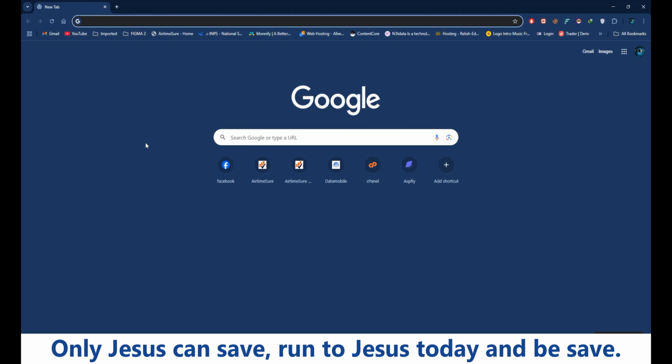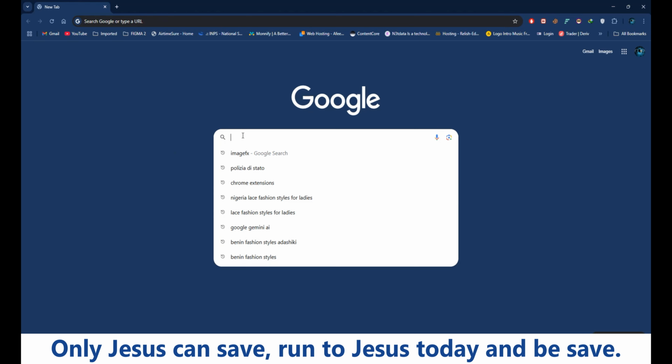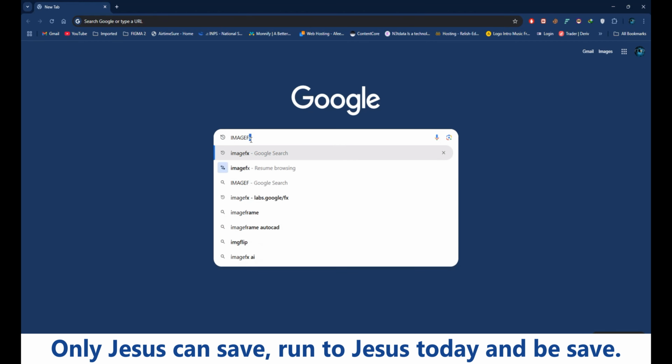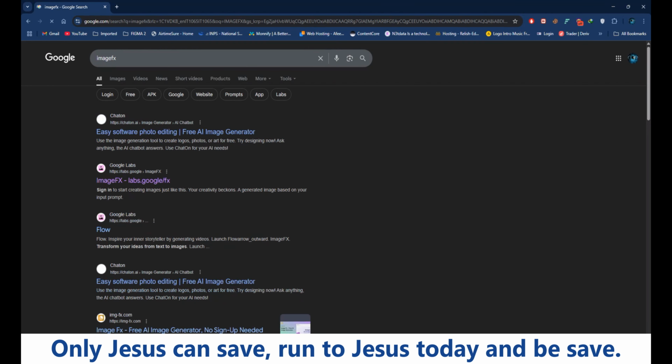And the first thing you are going to do, you are going to type image fs, and search it. Make sure you pay attention to the link you are going to click. This is the link you are going to click here, image fs. This very one. Click it